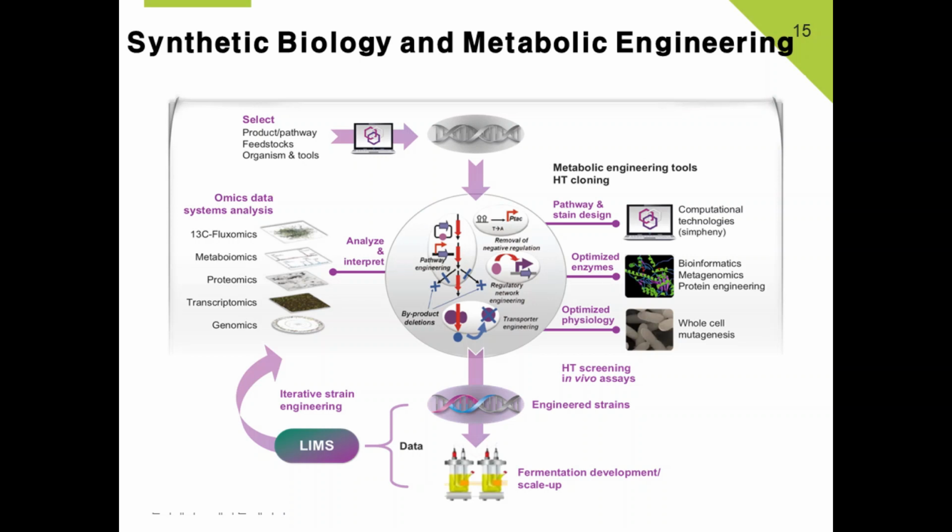So if we have already chosen a pathway that is, for example, glucose to cadaverine production. Cadaverine is a polyamine mainly used as a monomer for nylon production. So for example, we have glucose to cadaverine in mind. We can choose to use a strain that naturally produces it, like E. coli, and we can engineer that using metabolic engineering tools.